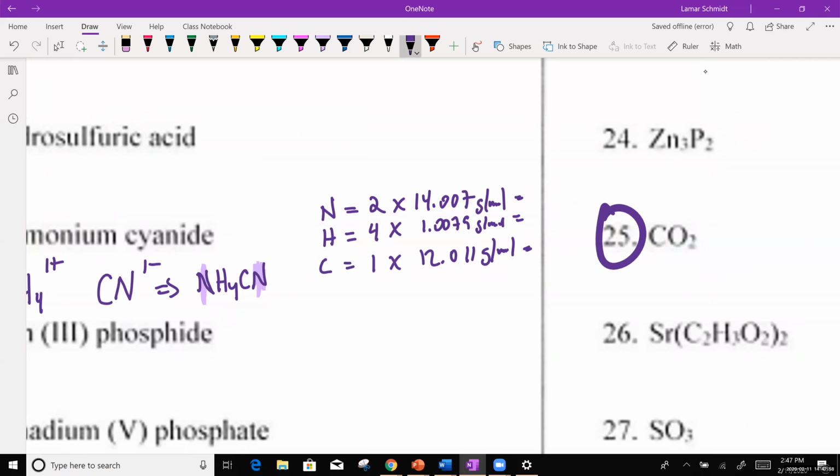And we simply multiply. And we have 2 times 14.007. And you get somewhere about 28.01. And then you have 4 times 1.0079. You get something like 4.03. Let's just go with that. And then you got the next one, which is 12.011. So you add those up. You add those up, you will get,